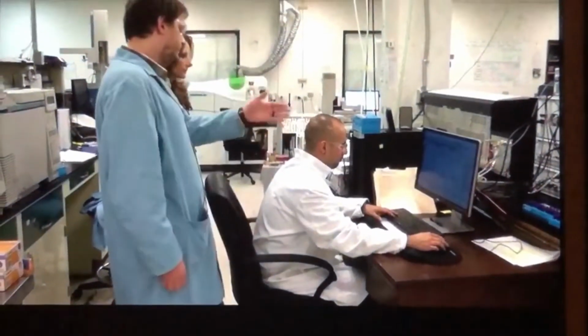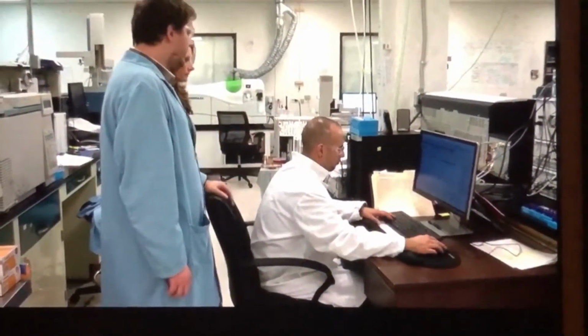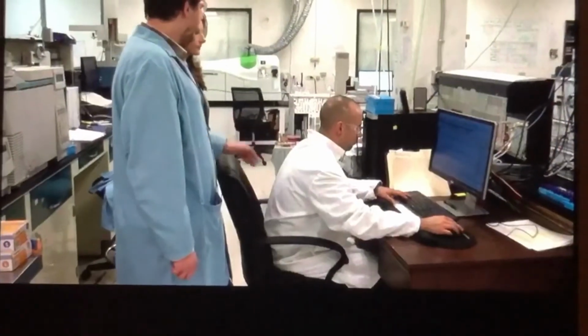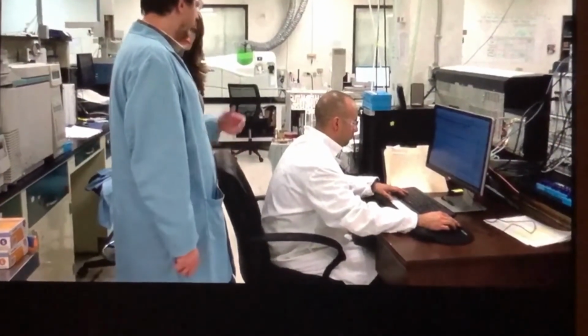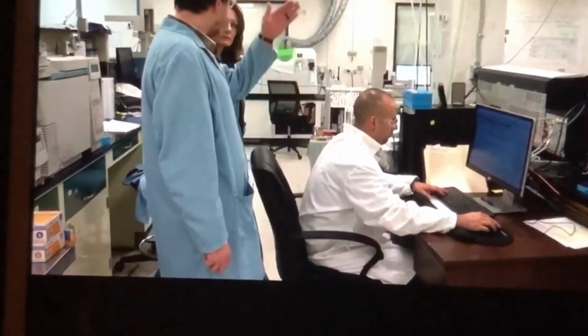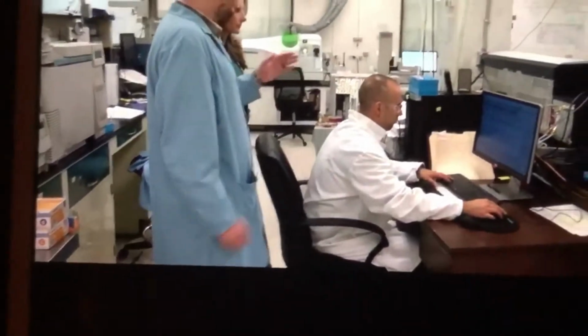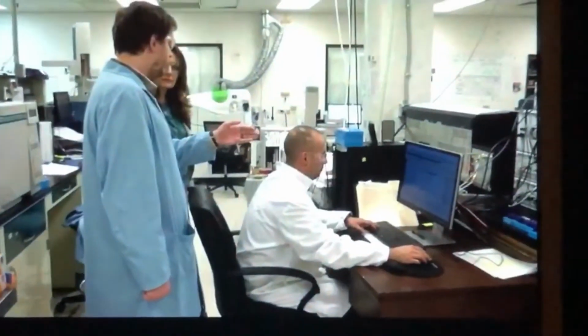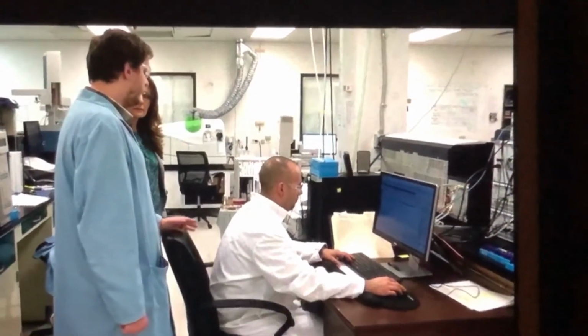Now each of these little spikes that you see on this graph is a different molecule, and the trick that the analyst has is they have to figure out which of those little spikes corresponds to the pentobarbital. And we do that through running all sorts of standards and checks. We load just pentobarbital in sort of a blank in there, and so we'll see where the pentobarbital appears, and then we use that to fine-tune exactly what we're looking for. And so what he's doing right now is he's actually verifying that what was in the sample actually showed up in the data, and then he's using computing software to calculate not just where or if that sample is present,